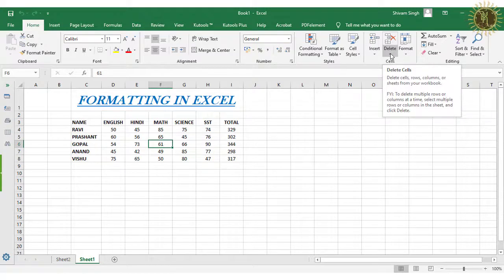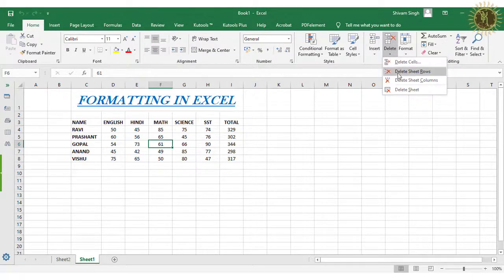When you click on this, a drop-down menu will open. Here you can see the options: delete cells, delete sheet rows, delete sheet columns and delete sheet. Let us see all four methods one by one.